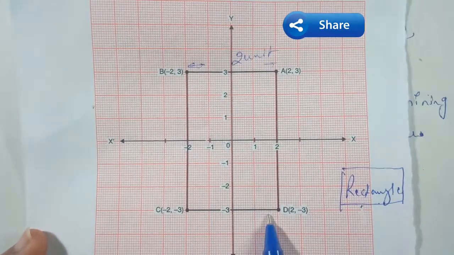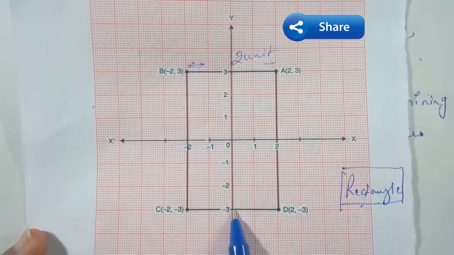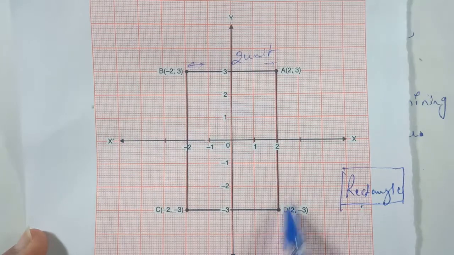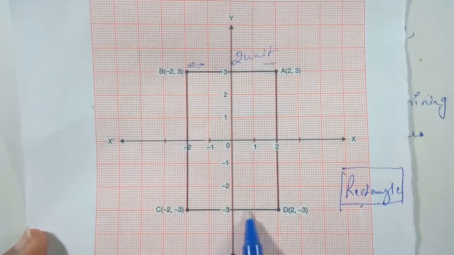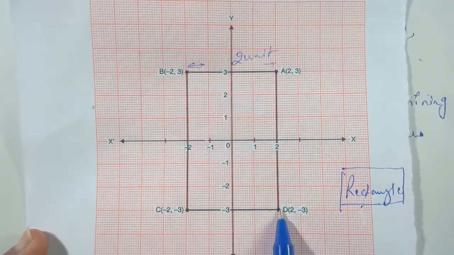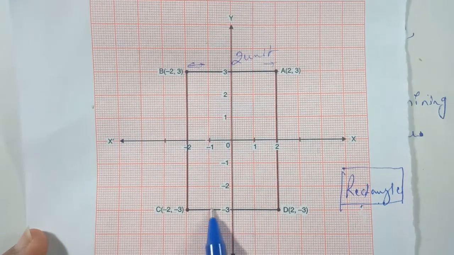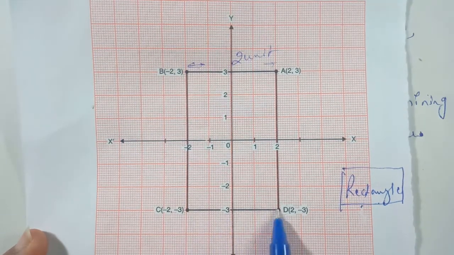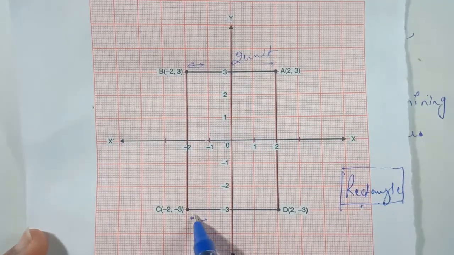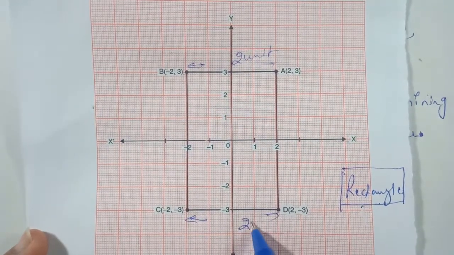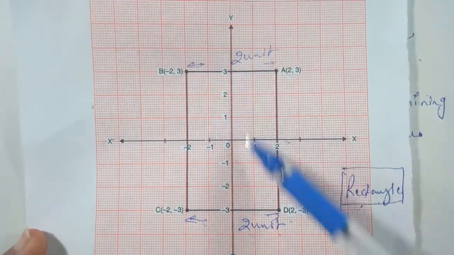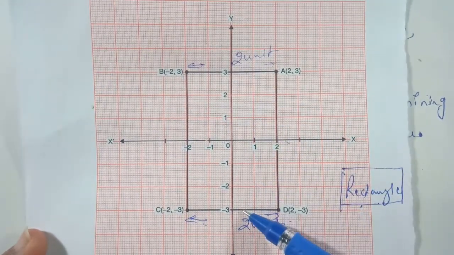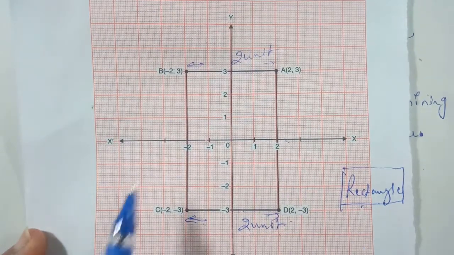Come to the CD. Again for CD, we are going to compare it on the basis of the x-axis. The half part is again 2 unit, 1 and 2. On the other side also 1 and 2. So 2 plus 2 is equal to 4 units. So the value of CD is equal to 4 units. So this pair of opposite sides is equal. Let us check the other pair,